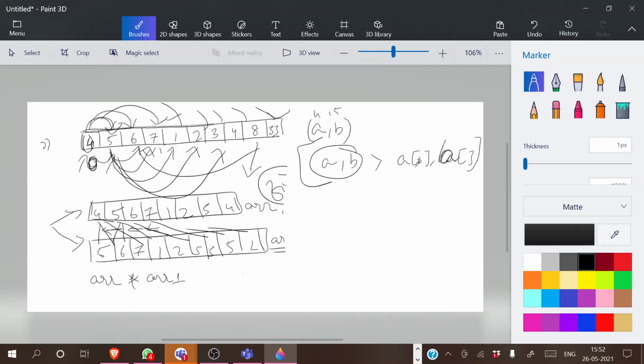If you take this particular problem, this 8 and 33 pair should hold the highest value compared to all the other pairs in this particular array. So this should be our condition.